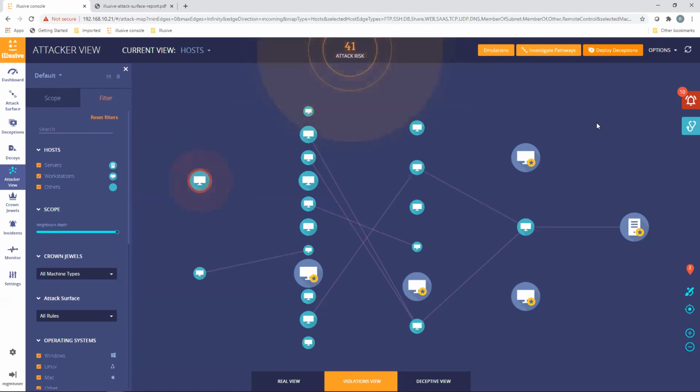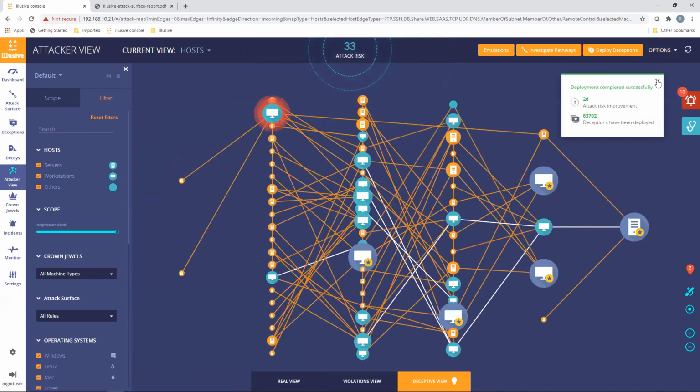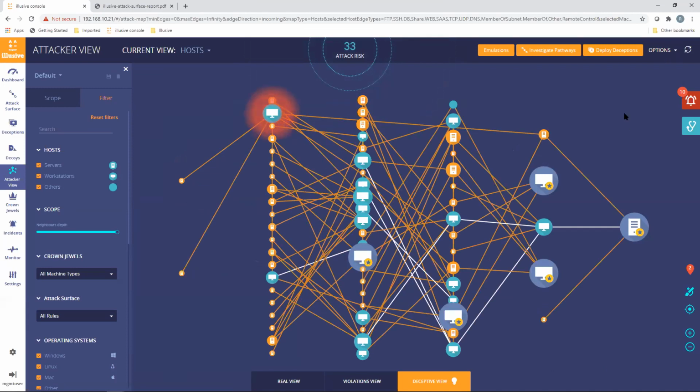And when we deploy deceptions into the environment, we basically get to the point where the network starts to look like this. And now we're able to see everything orange in this view is deceptive. So now we've kind of flipped the script a bit. Instead of having maybe 15 different hosts on my network, now it looks like there are 50 plus in the environment. And we're using that data and that extended distorted view of the network to then give the